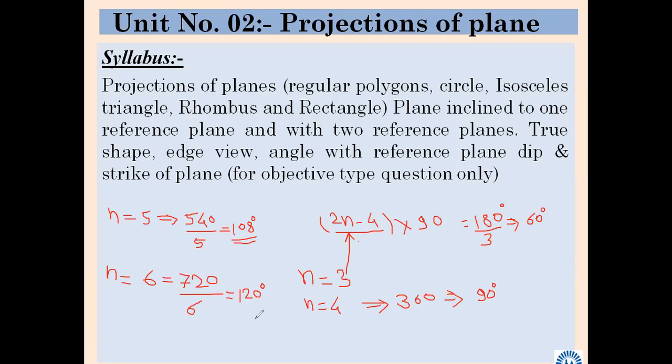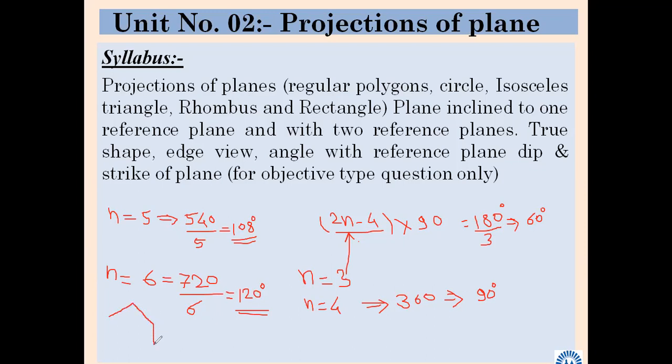But how to draw a hexagon, that we will see. It is not necessary to take a protractor and use this angle. There is one simple method to draw a regular hexagon that we will see. You remind me and I will tell how to draw. Or is anybody knowing how to draw a regular hexagon without using angle? Means we should not take angle.